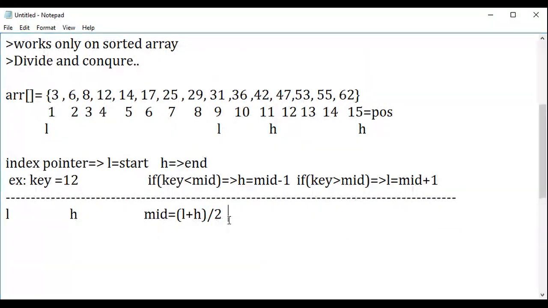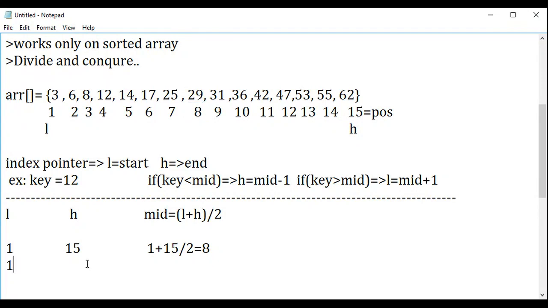So normally what I'll do, I'll set my lower index value. Let me clear all those things which are not required. Okay. So right now, initially we'll set your lower index as 1 and your high index as 15. This is the default one. Adding these, you'll get 1 plus 15 by 2, which is nothing but 8. I'll check whether this value is equal. The key value is not equal. In that case, I'm supposed to check two conditions. Whether your key value is less than mid value. 12 is less than 28. Yes, the condition is true. In that case, I'm supposed to modify my highest pointer with mid minus 1.